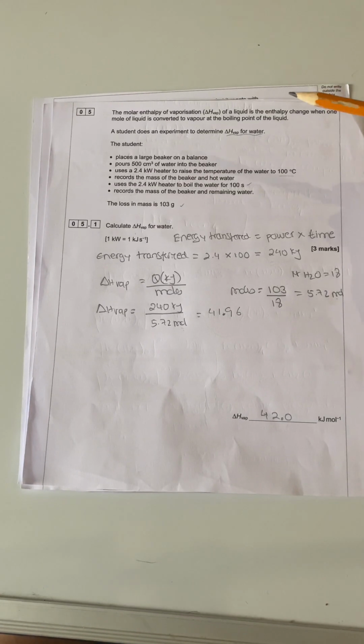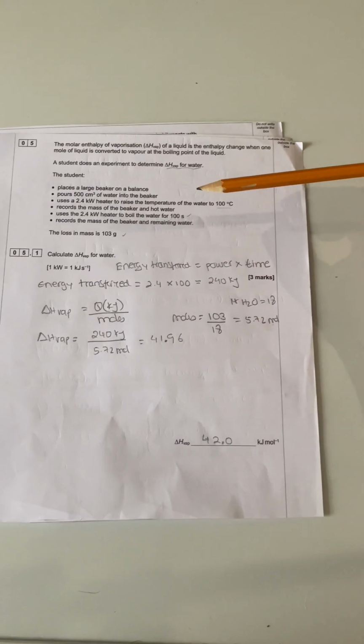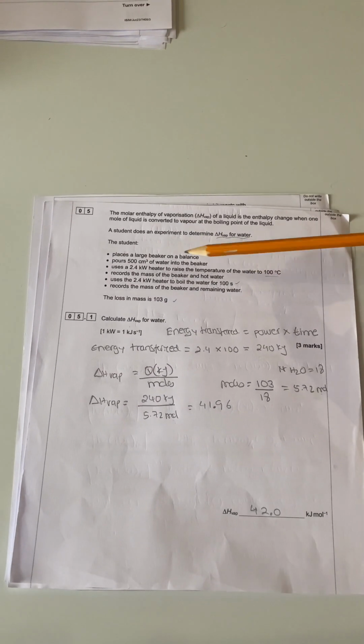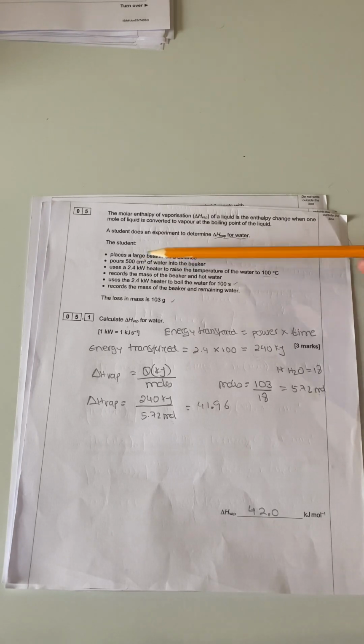Question 5 now. The molar enthalpy change of vaporization of a liquid is the enthalpy change when 1 mole of liquid is converted to vapor at the boiling point of the liquid. A student does an experiment to determine the enthalpy change of vaporization of water. The student places a large beaker on the balance, pours 500 cm³ of water into the beaker,